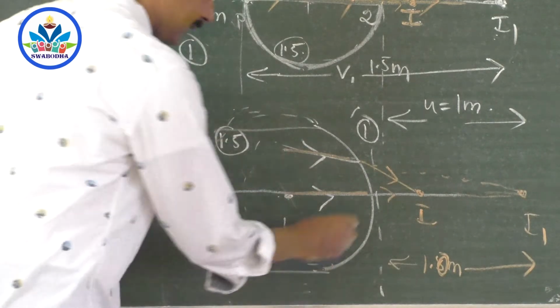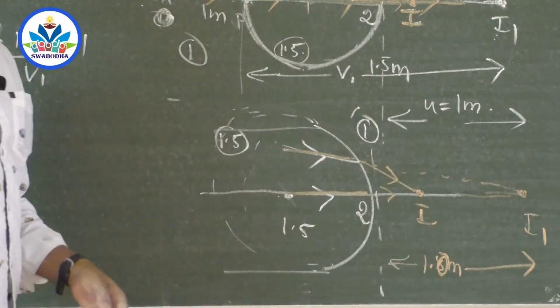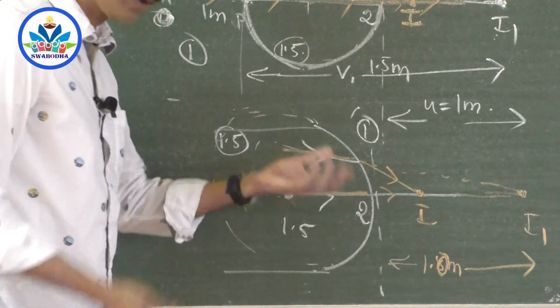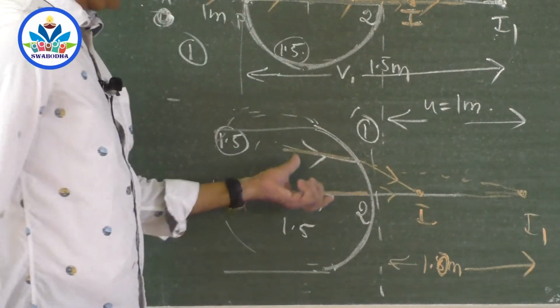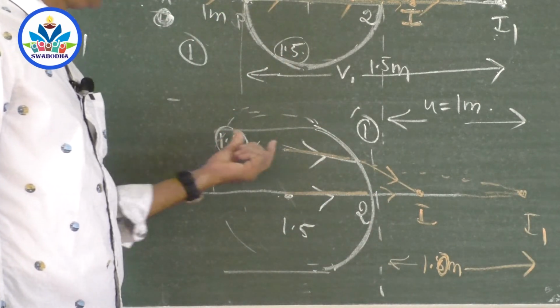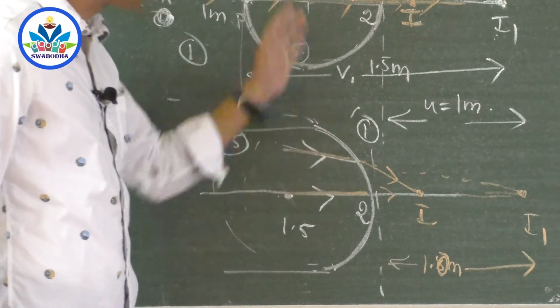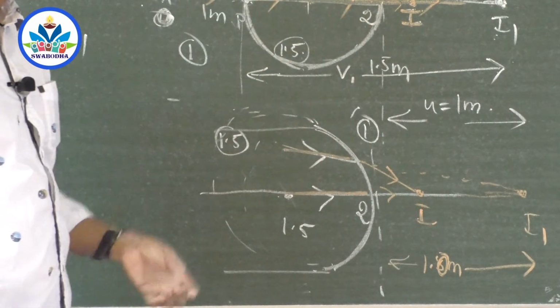Ask the second surface, where are the incident rays? Sir, incident rays are within me itself, because the surface is here. It is in the refractive index 1.5. This is the medium where incident rays are present for the second surface, remember. So